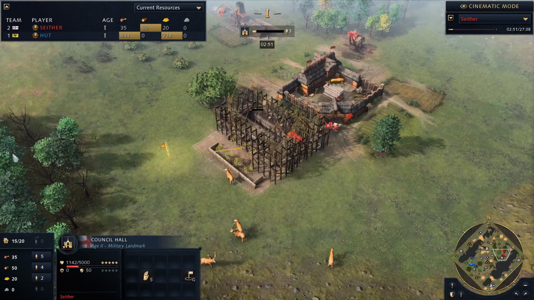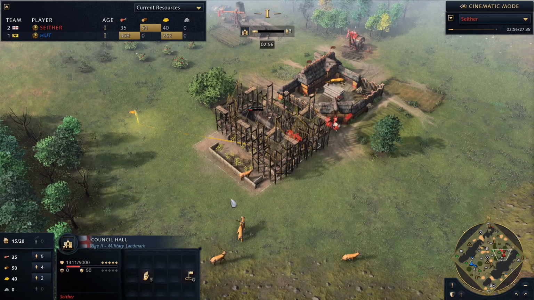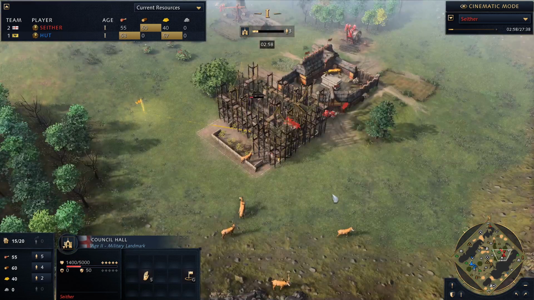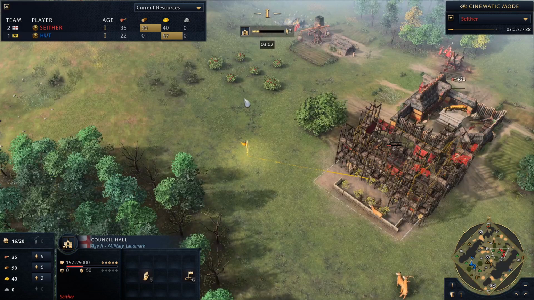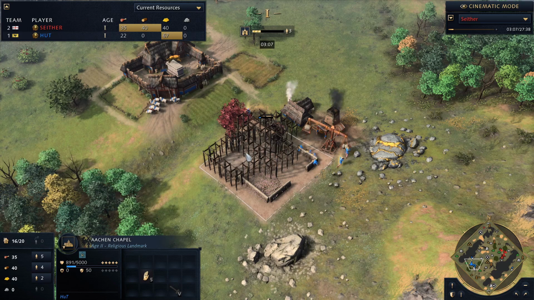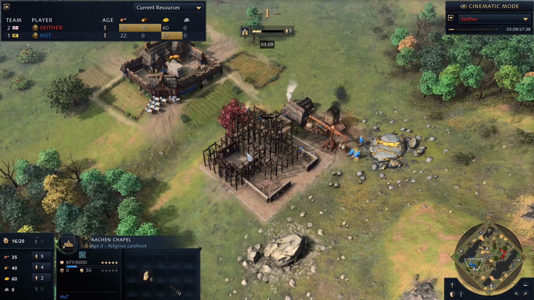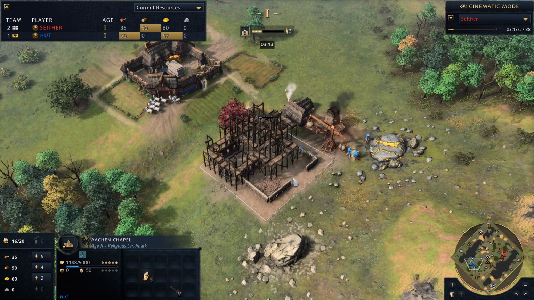You'll notice the Council Hall produces longbowmen at plus 100% speed. Generally, this is what most players go for because it's essentially 2 archery ranges right as you hit Feudal Age, and you can start pumping units out right away. HuT's dropping his landmark. He's gone for the Aachen Chapel, and this chapel can be garrisoned with a prelate, and